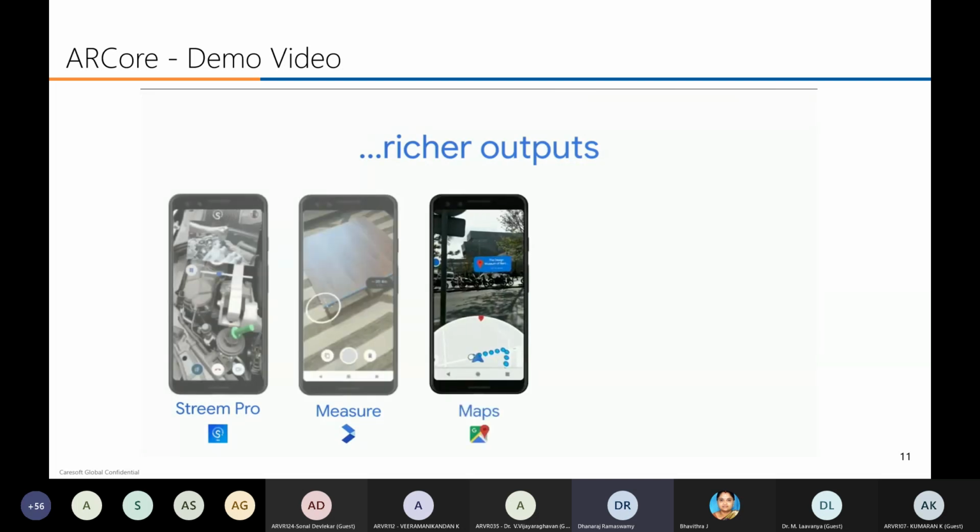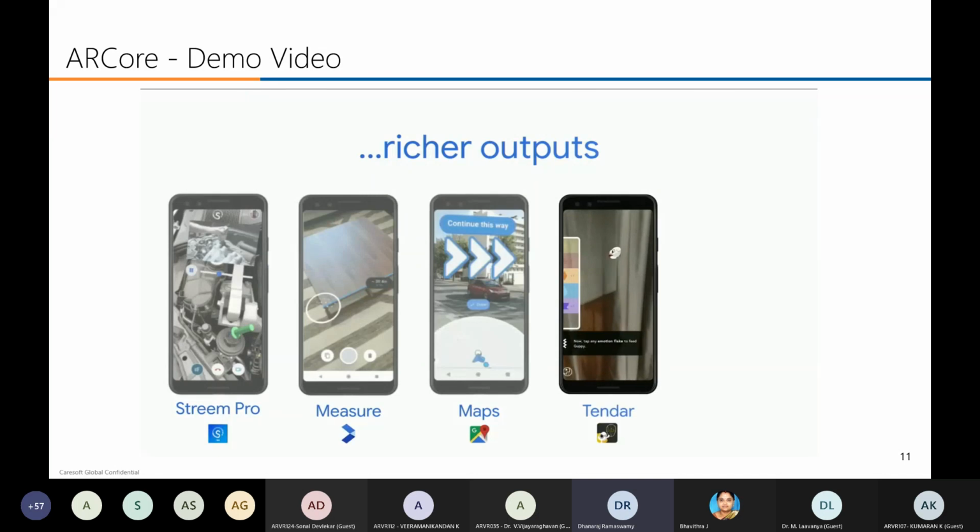Well, within Google Maps, you can take a set of walking directions and you can place navigational aids right where you need them, within the world itself. It's like a set of dynamic road signs placed just for you. You can also create wholly new types of gameplay, like Tendar, a game from TenderClaws, that uses facial expressions and emotions to create a narrative around a virtual object.